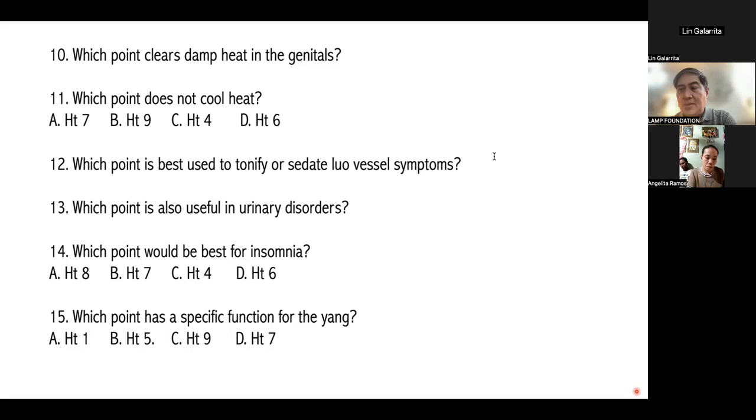Hanapin ko doon yung reference pa. Basta nabasa ko siya, heart 9 for upper burner na heat. Tapos heart 8 for lower burner. Sige, we'll go through it. Mukhang mahina lang yung internet ko. Mukhang ayaw yata magpa-Google. Sige,